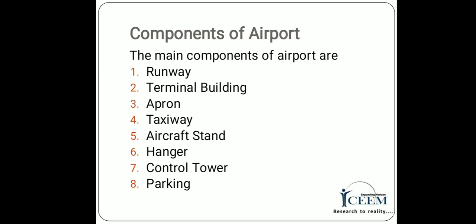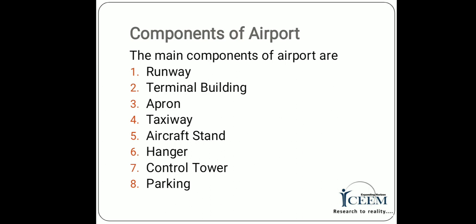Taxiway is the paved way, rigid or flexible, which connects runway with loading aprons or service and maintenance hangars or with another runway. They are used for the movement of aircraft on the airfield for various purposes such as exit for landing, exit for takeoff, etc. The speed of aircraft on taxiway is less than during takeoff or landing speed.